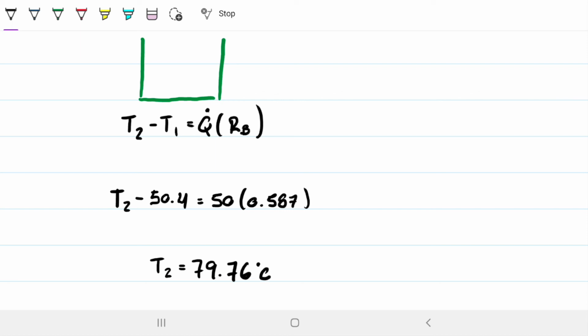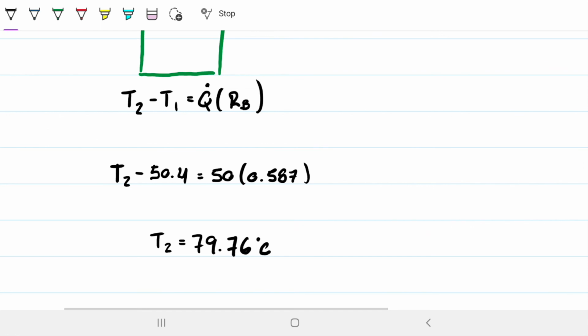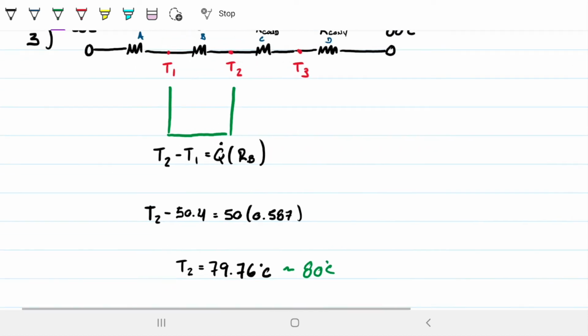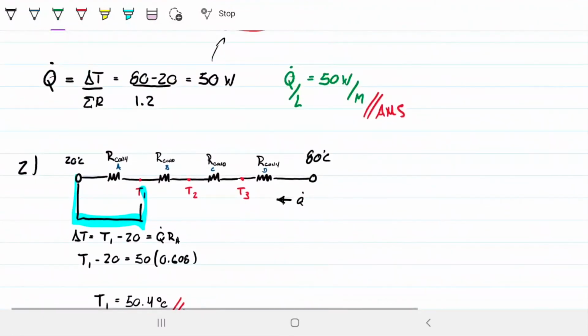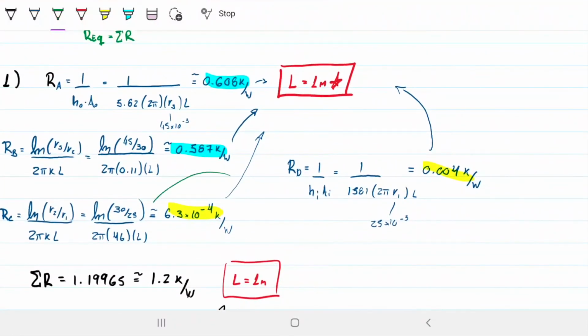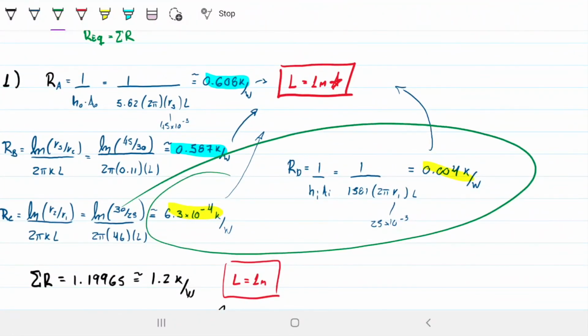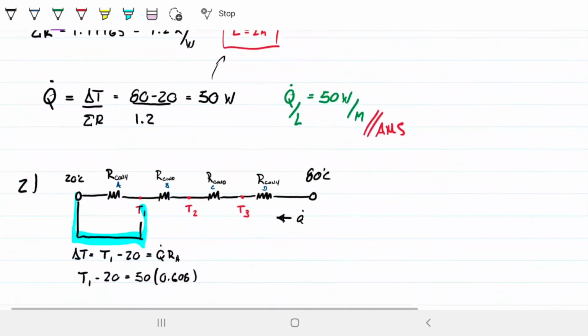79.76 Celsius. Note how close this is to 80, right? Which is the inside temperature of the water in the pipe. And remember that I told you when we were calculating the resistance that these two guys here were pretty much negligible. Well, that's exactly what we're seeing right now, right? They're so tiny that the outside temperature of the pipe is very, very close to the inside temperature of the